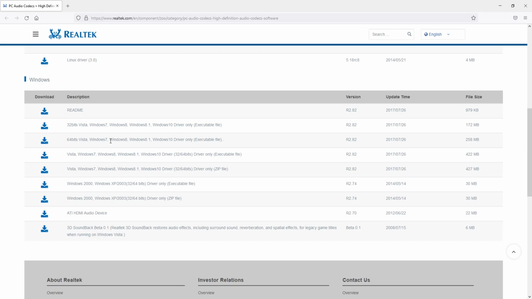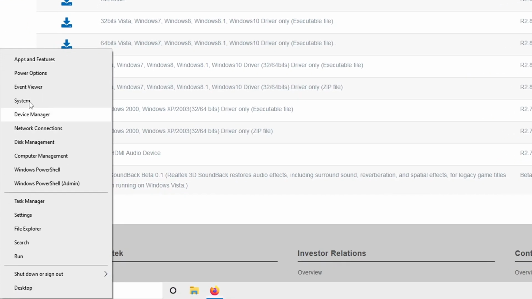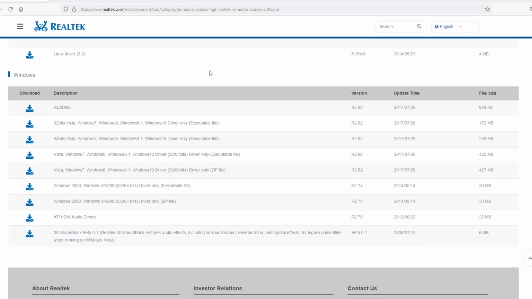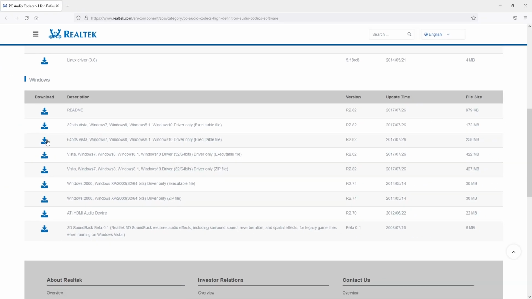Now, if you're unsure what version of Windows you have, you can find this out by right-clicking on the Start menu icon and then selecting System. And as you can see, I have a 64-bit version of Windows 10, which means I need to download the 64-bit version. So if I now go back to the Realtek website and then select this icon next to 64-bit,